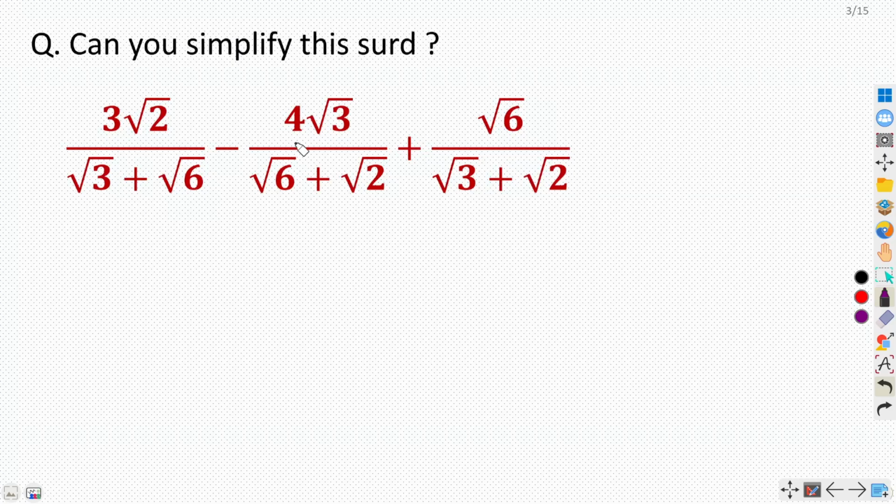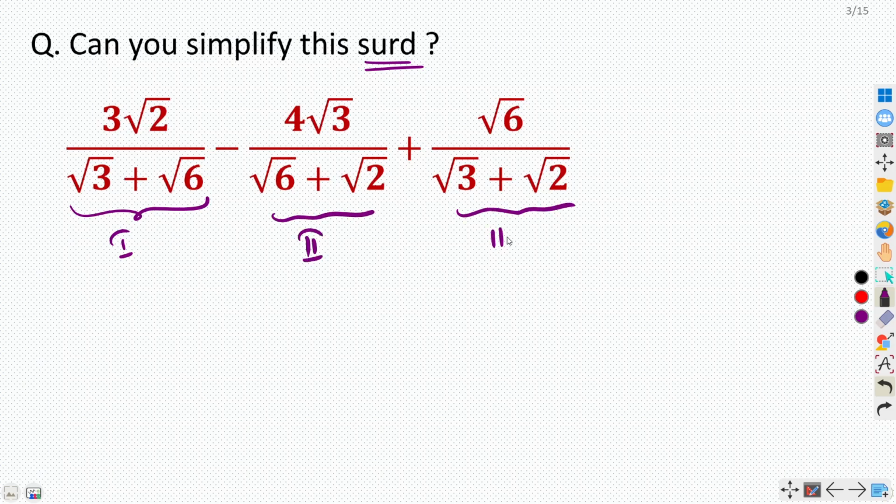Hey everyone, in this video we have to simplify the expression 3 root 2 divided by root 3 plus root 6, minus 4 root 3 divided by root 6 plus root 2, plus root 6 divided by root 3 plus root 2. Now there are three parts, so let's say this is first, this is second, and this is third. Now we will solve them individually one by one, and at last we will do the mathematical operations of subtraction and addition. So let's first focus on the first one, 3 root 2